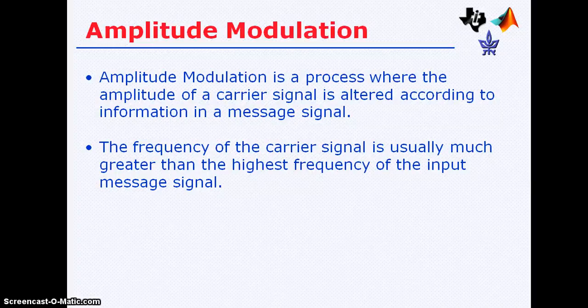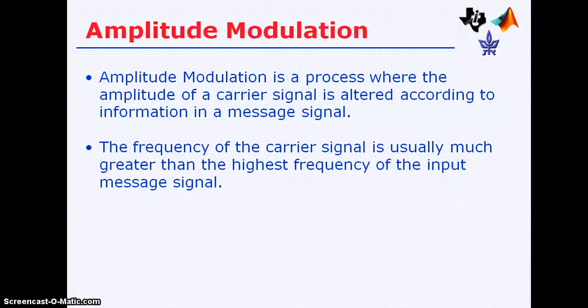When we change the amplitude of our carrier signal according to the modulating signal, the modulation is known as amplitude modulation. When we change the frequency of the carrier signal according to the modulating signal, it is known as frequency modulation. And when we change the phase of the carrier signal according to the modulating signal, then this technique is known as phase modulation. Here in this lecture we are going through amplitude modulation, in which the amplitude of the carrier signal will be changed according